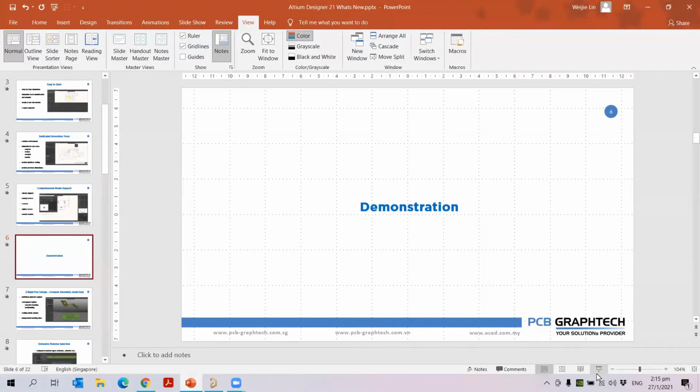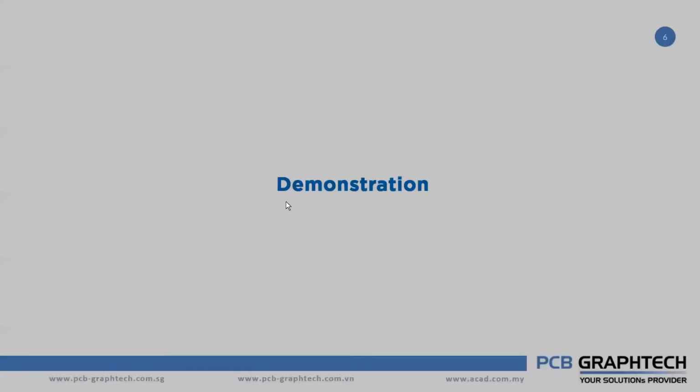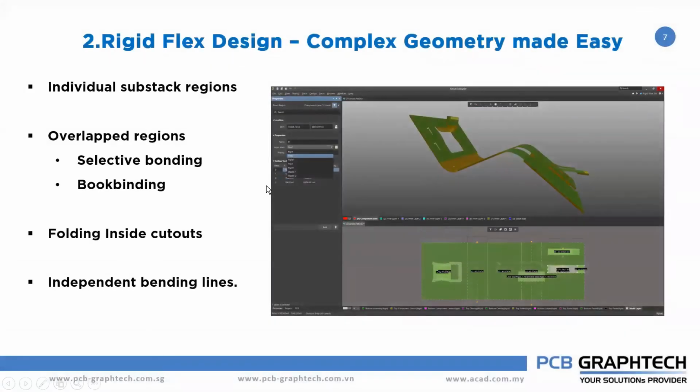The next feature is about rigid flex design. In the global market, the rigid flex design market is growing to 3.83 billion. Most healthcare industries and high-speed consumer electronics are using rigid flex materials in their designs. So now there are many improvements that have been made inside Altium Designer based on the board shape design.